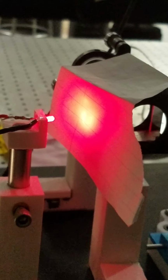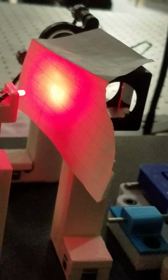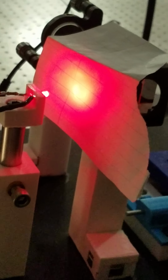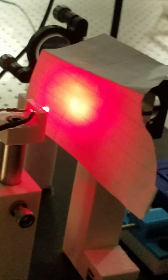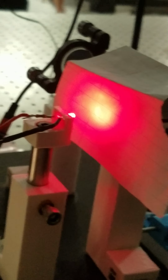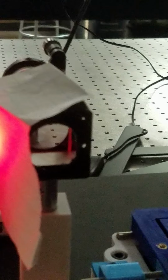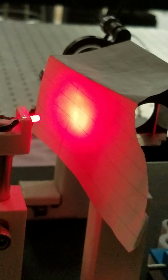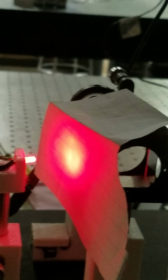Okay, so we're going to start the alignment video for week 1, Lab 12 380A, with the end result, which is to get fringes with red LED. There's your red LED, and I put a piece of paper over the beam splitter to provide a distributed incoherent source, and a view from above